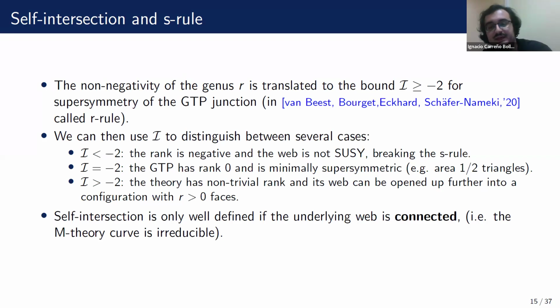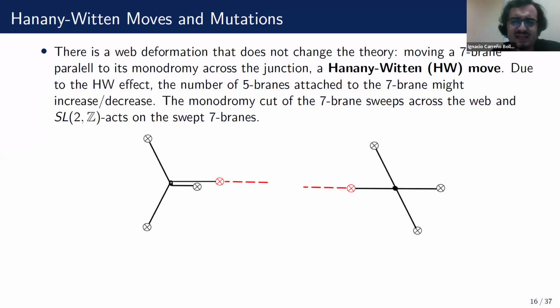So, for example, we can have a GTP, which in appearance seems to break the Ashe rule by computing the self-intersection, but in fact is a superposition of two disconnected webs. Each of them fulfills the Ashe rule, as for example in the case of the trapezium we've shown earlier. Now, there is another web deformation that we haven't talked about, which corresponds to taking an external 7-brane and crossing